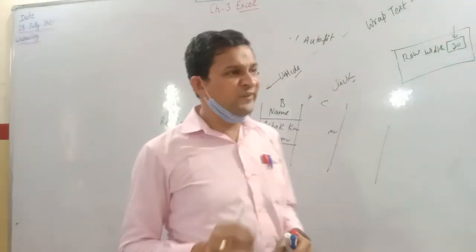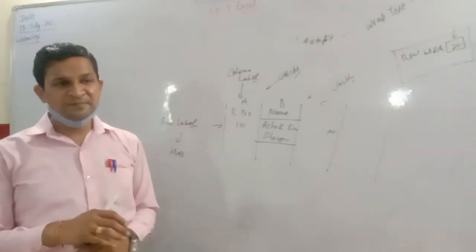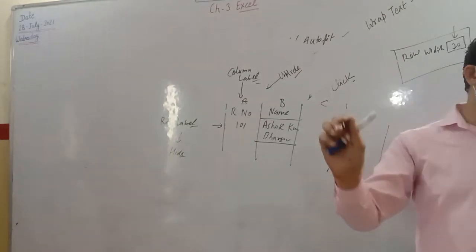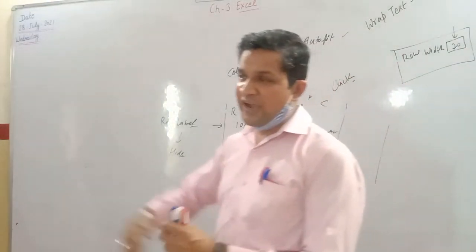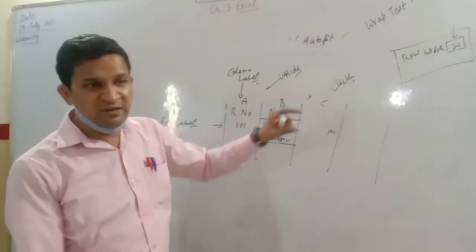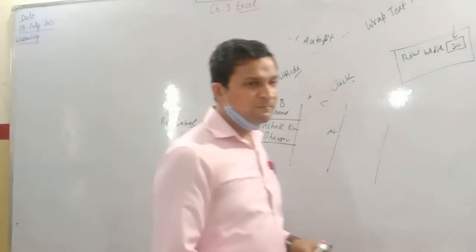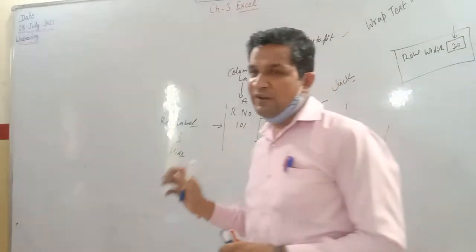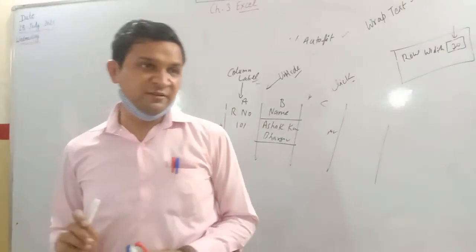What is the difference between the freeze and hiding options? The freeze option will fix the value that will be displayed. Whether you have 50 records or 5000 records, the first line will be fixed. It means the structure will be fixed, and the rest will change when you move up or down. While in case of hide, data will not be displayed until you unhide the specific data.